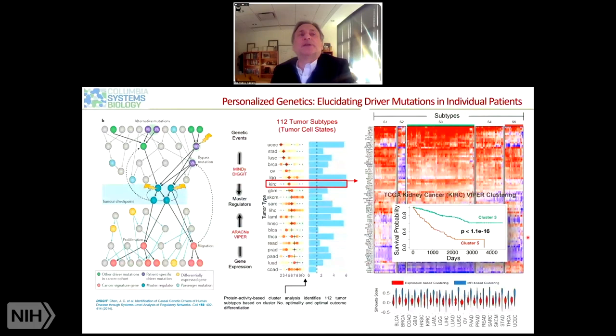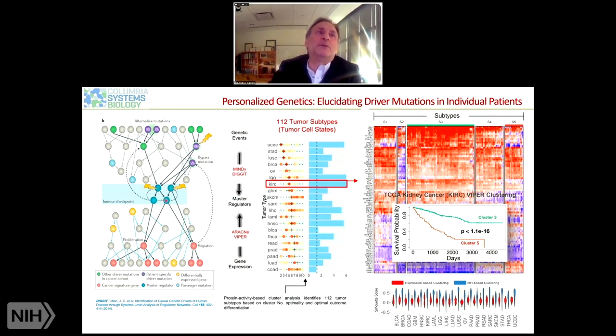And so what you see here is that instead of doing what we did in a previous Cell paper to find the mutation upstream of the master regulator, which was going from the gene expression to the master regulators using VIPER, and then going upstream of the master regulators using an algorithm called DIGIT to basically identify all the possible mutations that can affect the activity of the master regulators, what we did here was put the master regulators at the crosshatch of both the upstream genetics and the downstream transcriptional regulation. And this allowed us to stratify the entirety of TCGA, one sample at a time, into